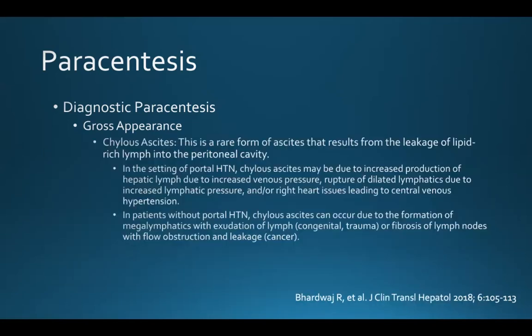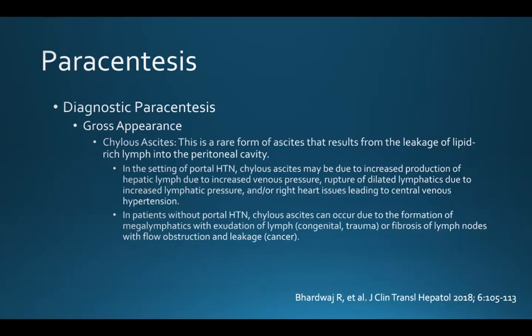And I want to just take a minute to talk about chylous ascites, because this is a rare form of ascites that results from the leakage of lipid-rich lymph into the peritoneal cavity. In the setting of portal hypertension, chylous ascites may be due to increased production of hepatic lymph due to increased